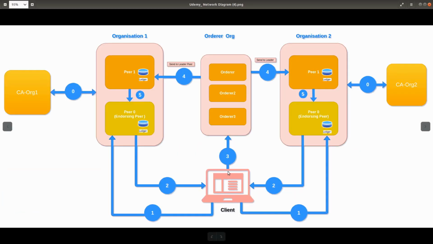When the client creates a transaction and signs it with his private key, at the client side he creates the signature, and along with the proposal he adds the signature and sends it to the endorsing peer.